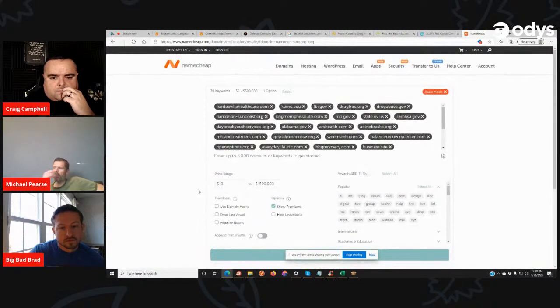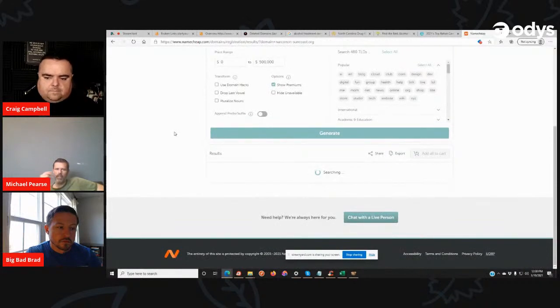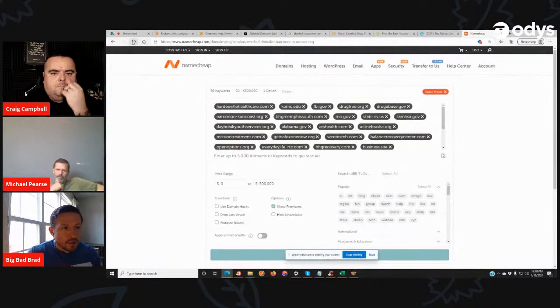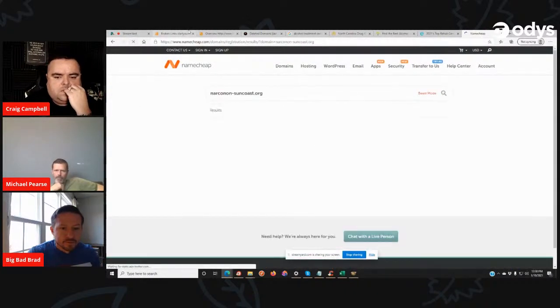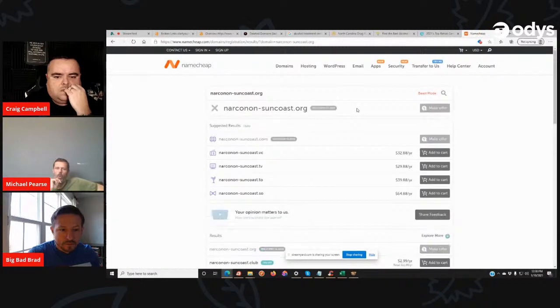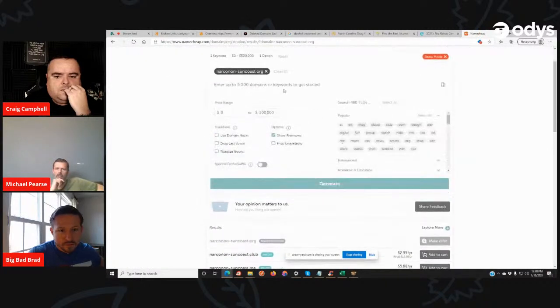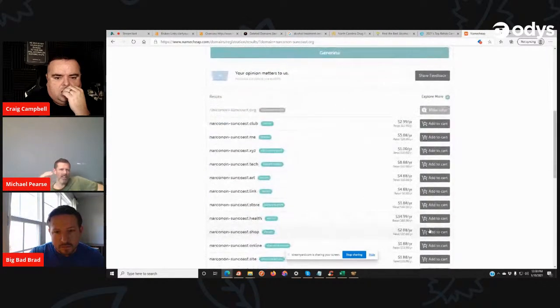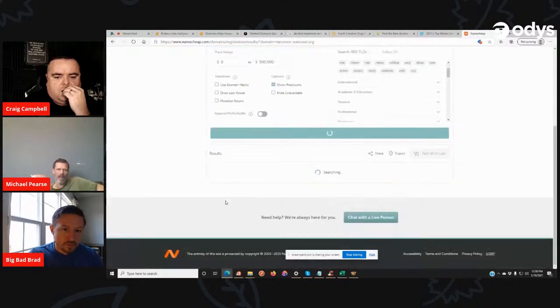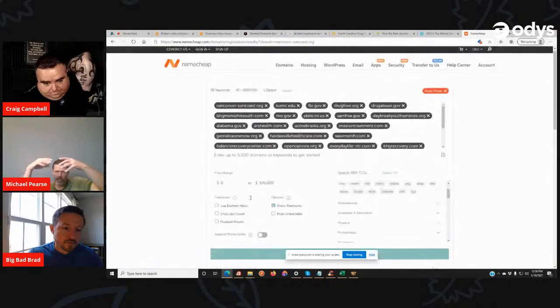Scrapebox, their expired domain finder is all right, but I do prefer, I think the results of what Brad's doing is always a better result than utilizing the individual tool. I've never actually used it for their expired domain finder, but yeah. I use it to check whois to see if they're available. Right. Which is, Namecheap can be a little slow sometimes, but. I love Scrapebox for finding quality comments on blogs and generating traffic. It's a good way to generate quick traffic by finding page one ranked comments that you can drop on that are actually active. Not like comment spam, but like what comment link building is, which is traffic sucking.